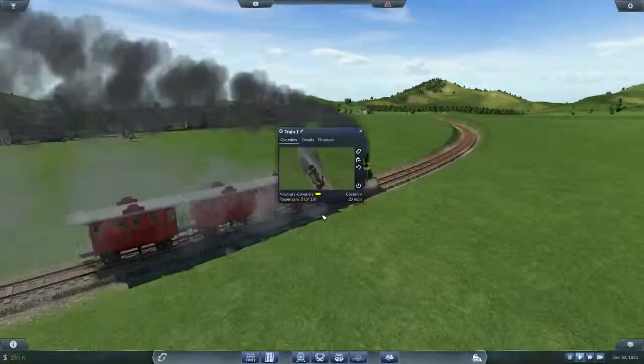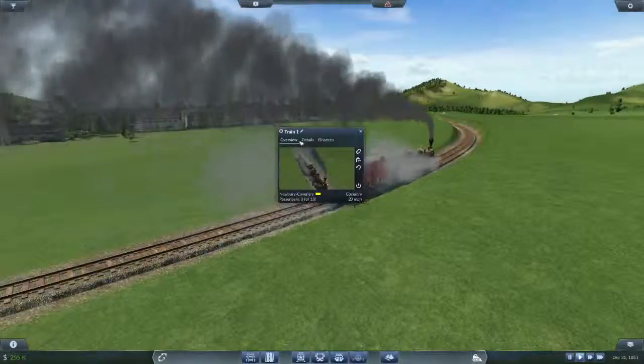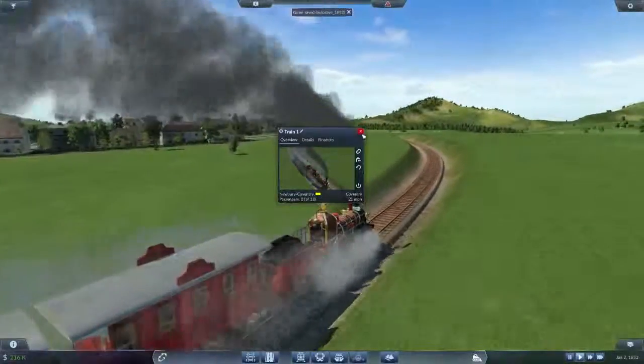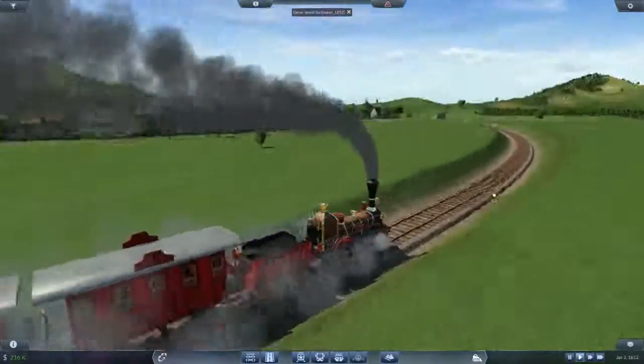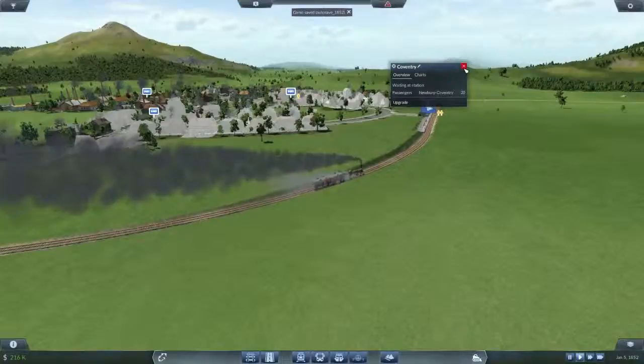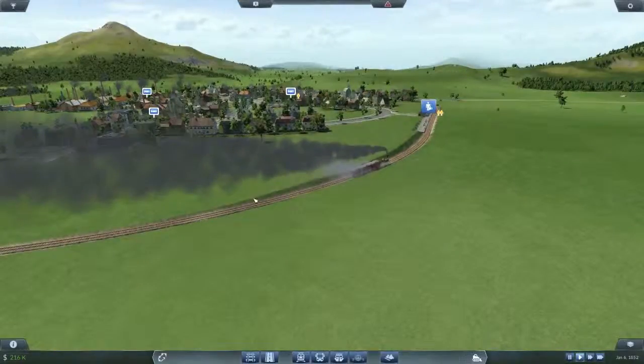And as you can see here, we see my one and only passenger train rolling along on its way to Coventry with precisely 0 passengers. We're now into our second year of operation. There are plenty of passengers waiting at Coventry. Well, full load, in fact more than a full load, so we may need to address that